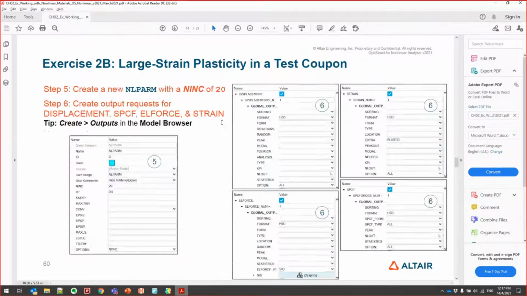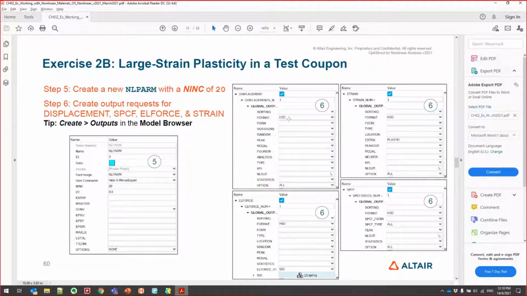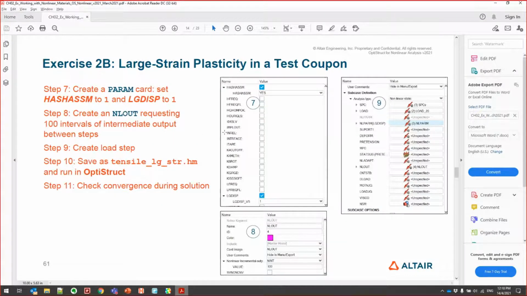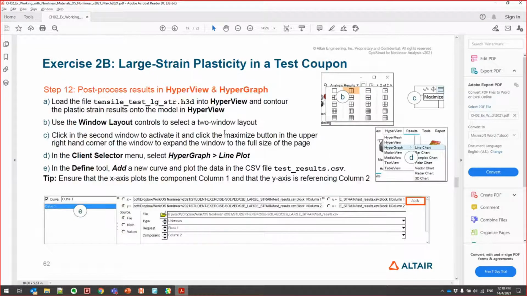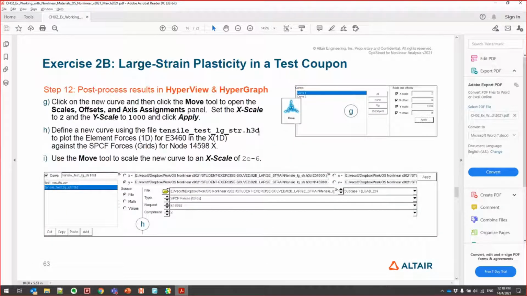So you can follow the steps here. Of course, my steps will be different because I might jump here and there. But if you follow the steps here, you also get to set up your run. They requested element force because they're extracting the element force of the spring. Okay, I'll just directly use the SPC force to plot. Right, so when I plot this,